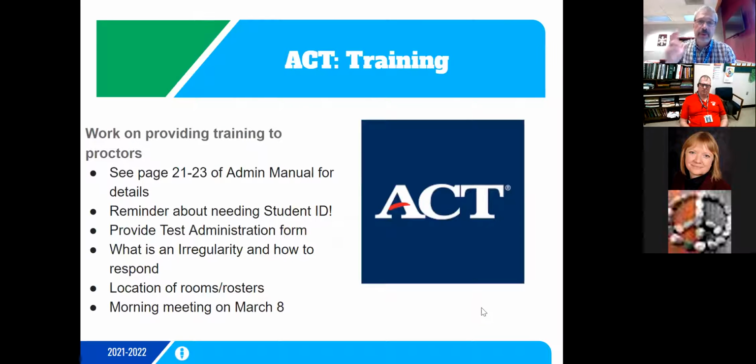Okay. Things to be thinking about as we move forward. So we need to provide training to whoever it is that is on ACT Day, which is March 8th again. It will be juniors only. We need to have proctors on hand. So one of the things that needs to happen is you need to figure out what students are going in what setting. Keeping in mind that students with accommodations or supports for EL students probably best be grouped together.